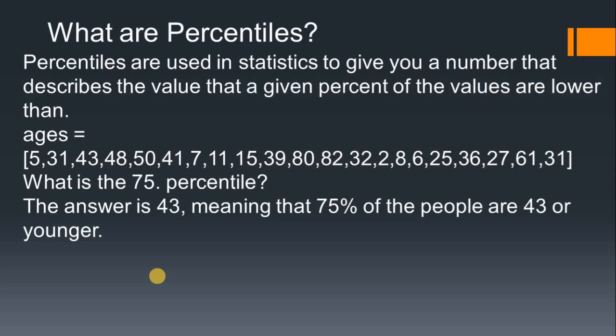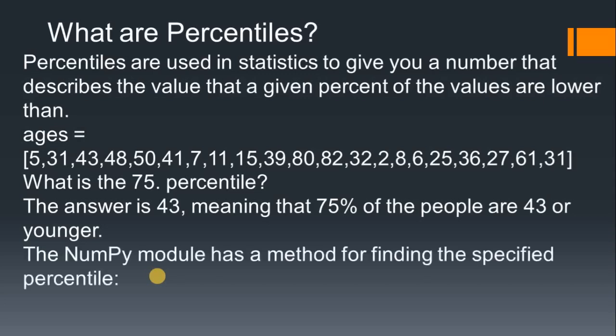It means that 43 is a number where all the values less than 43 are involved in that 75%. Got it? That is the percentile concept. If you do it manually, it will take more time and there will be a lot of complexity, but by using Python functions we can easily do it, and for that we need the NumPy module. Now we go to the practical session and see how we can get the percentile.